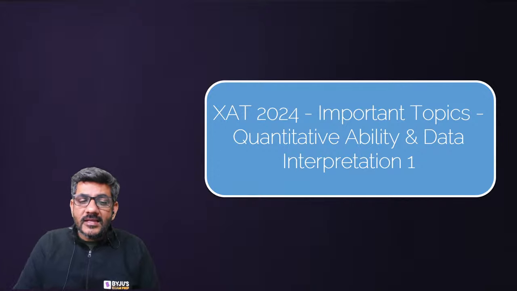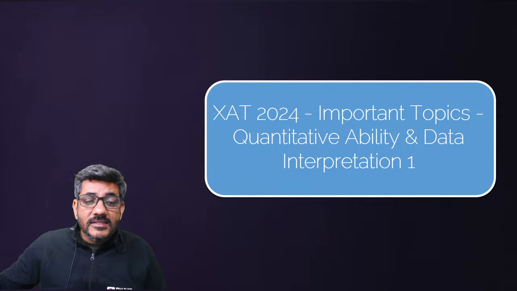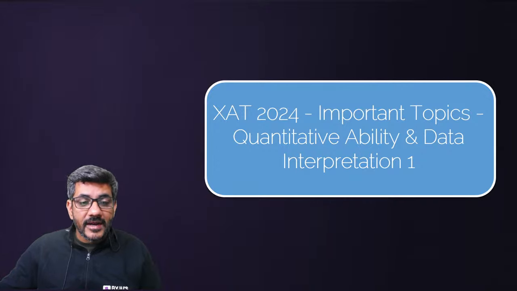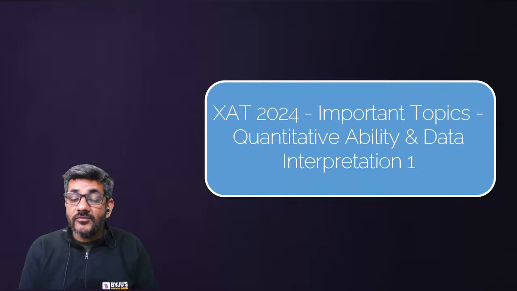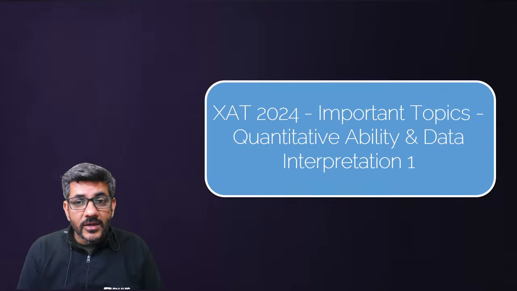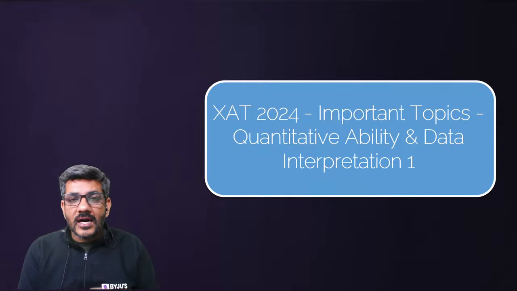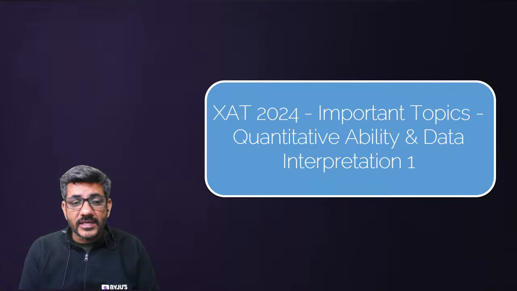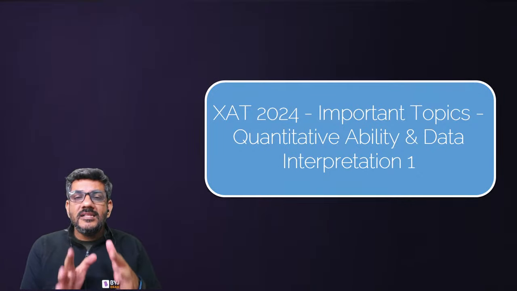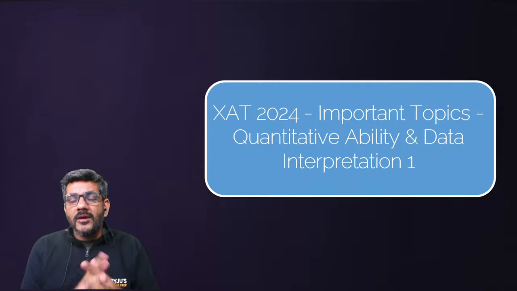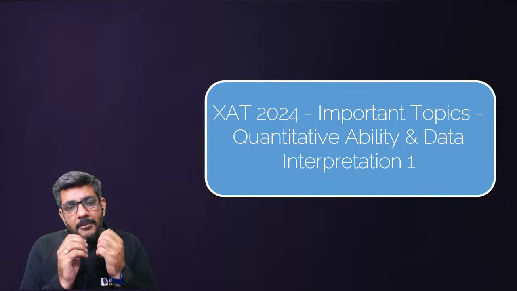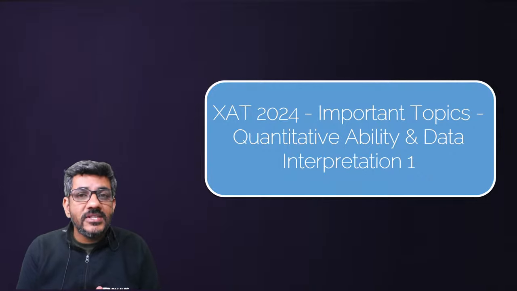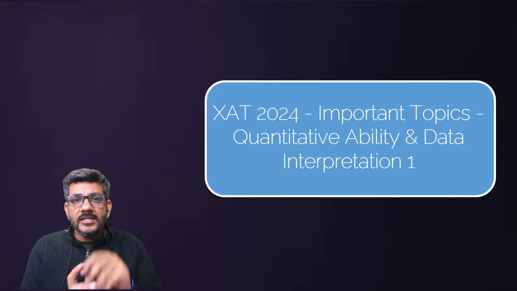उसका एक और भी reason है. The bigger reason probably is that in Z you do not have any sectional time limit, right? So all the time is there for the complete paper. You can attempt any of the sections at any time, and therefore this is the area where you can score extremely well. Rather, if I look at my scorecards in the past, whenever I have appeared for that, I have seen that because I do just one section completely, and I normally do not do the other two sections. But even with this one single section, if you perform very good in it, clearly you go above 90 percentile just by one of this. Of course, that 90 percentile is not sufficient though.